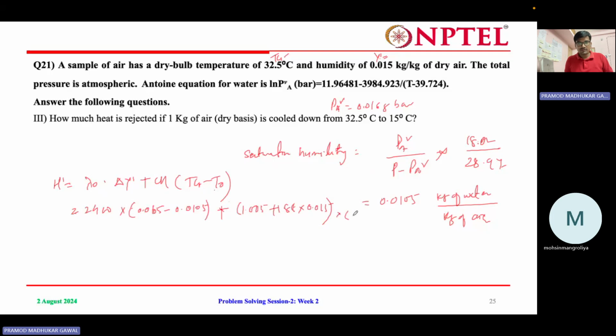And temperature is 32.5 minus 15 degrees Celsius, right? So that's the